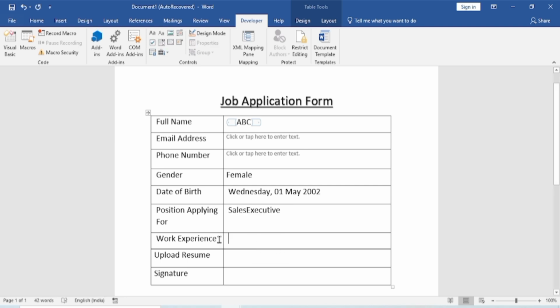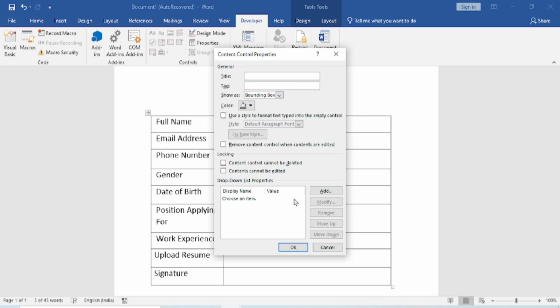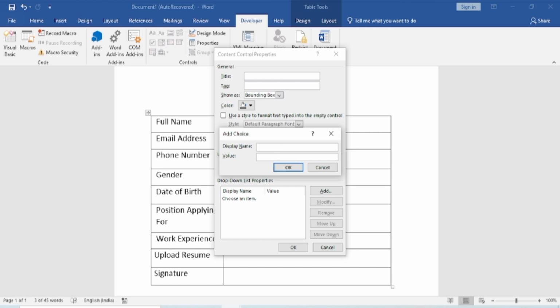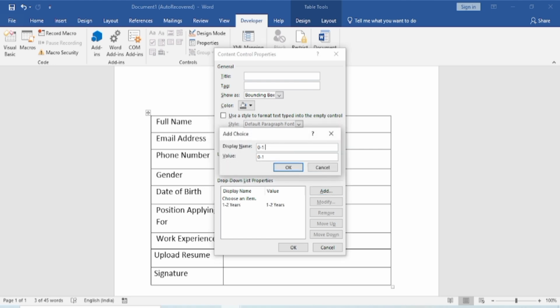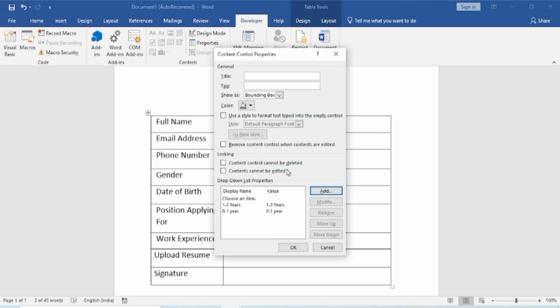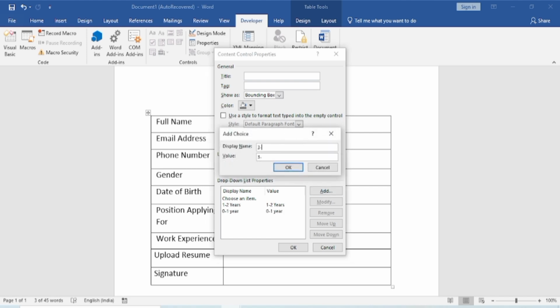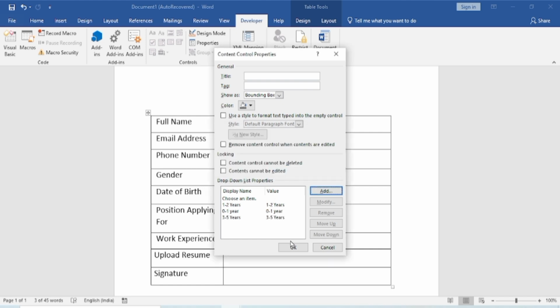Similarly, for work experience, we will add drop-downs for 1 to 2 years, 0 to 1 year, and more. Once done, click OK.